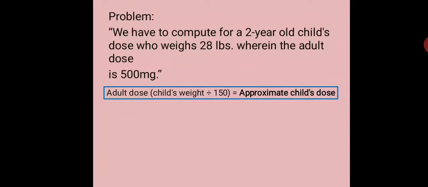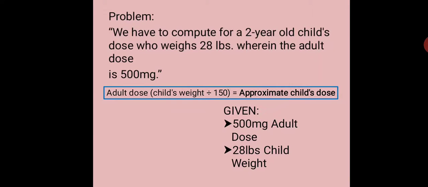So, by following the formula, kukunin muna natin ang given ng problem. So, ang given is 500 mg adult dose and 28 pounds child weight. Kasi yan lang naman yung hinihingi ng formula. Okay, so, by following the formula, adult dose is 500 mg, child weight is 28 pounds, and i-divide natin siya